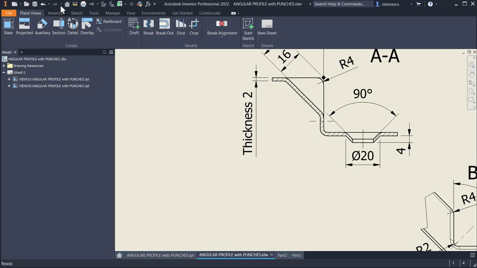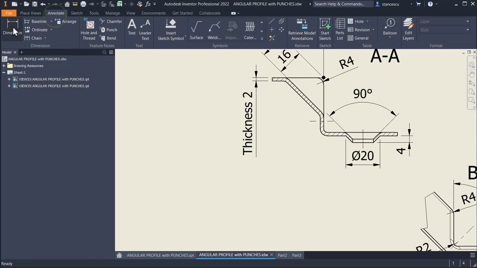We can use the dimensioning from IDW. You see the distance is 45. So if we use